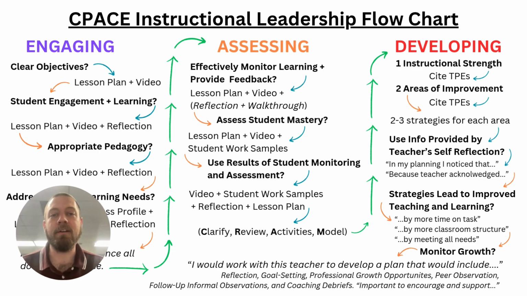So here I've included a flowchart that might help you when you're formulating your outline, and it breaks it down into the 3 sections of engaging, assessing, and developing. And then underneath those 3 sections are the topics of clear objectives, student engagement and learning, appropriate pedagogy, and addressing learning needs. For assessing, there is effectively monitoring learning and providing feedback, assessing student mastery, using the results of student